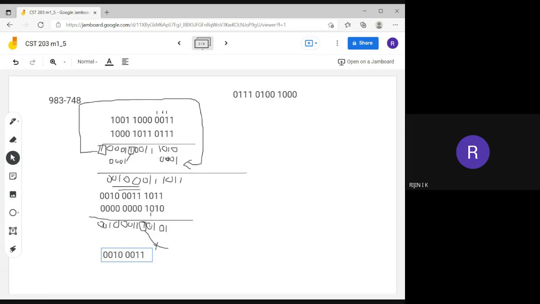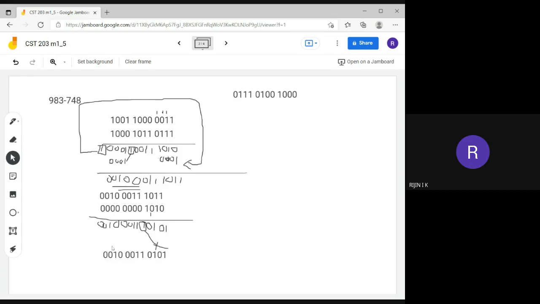Here there is a carry, but this is in the second addition, so we need to discard that carry. Then you can write this number, that is 0 1 0 1. So this is the final result we got after performing the ones complement subtraction. Here it is 0 0 1 0.